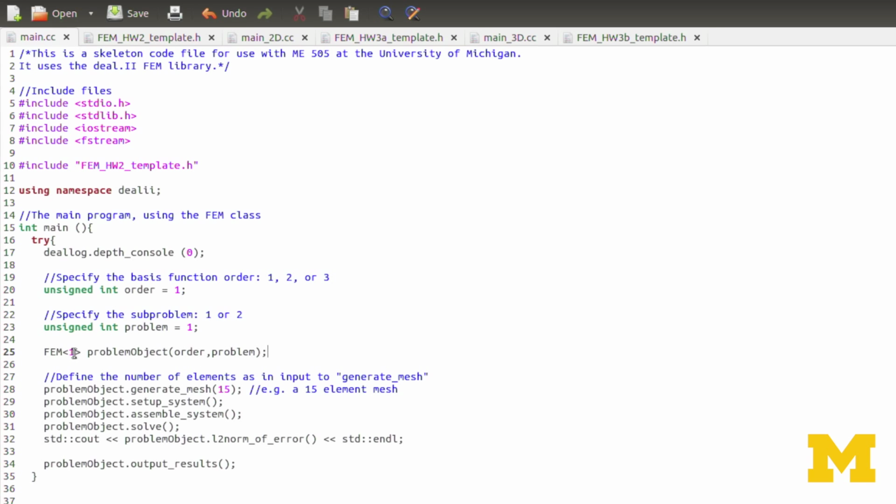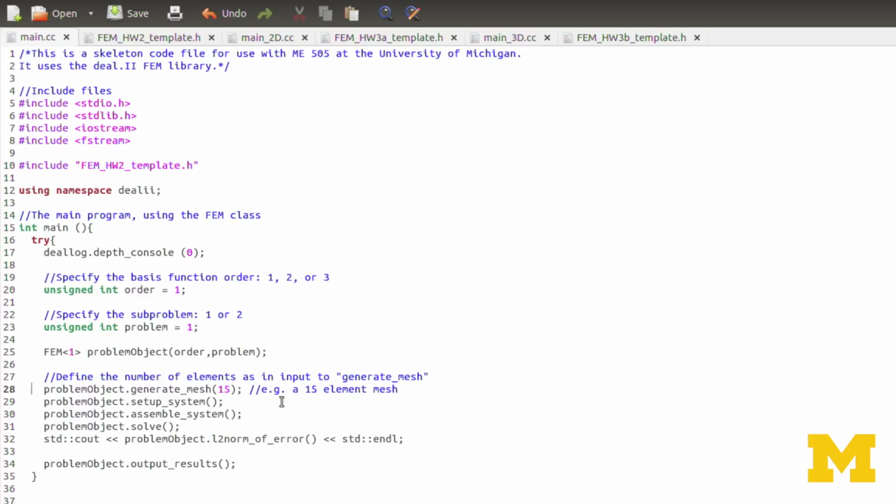I put in a 1 here between the angle brackets to specify that it's a one-dimensional problem that we're working on for this homework assignment. I'm naming it problem object, but it's just a name I'm giving it. It's not the class name, it's just the name of this particular instantiation of the class. And again, the inputs are order, the Lagrangian basis function order, and the problem number.